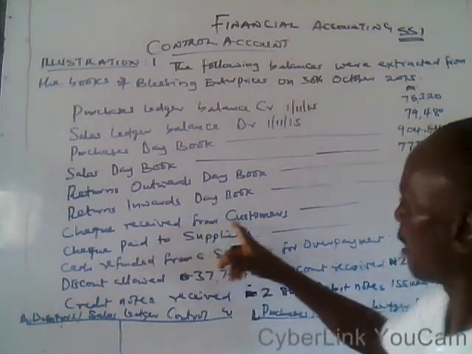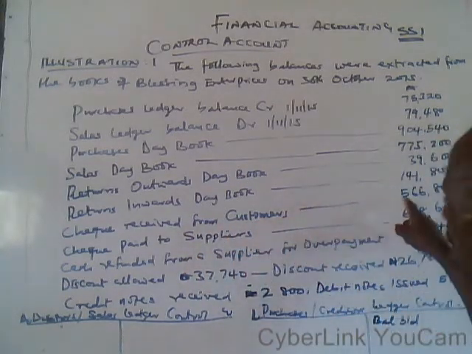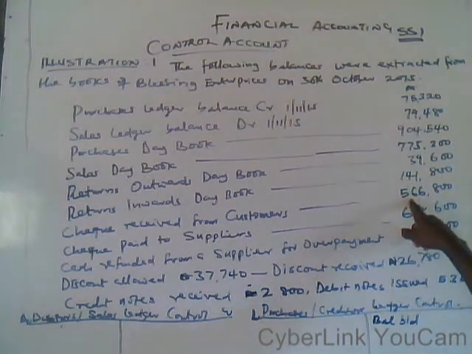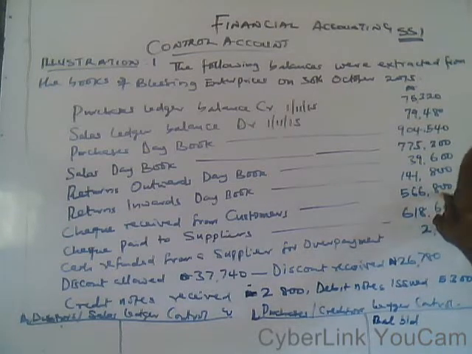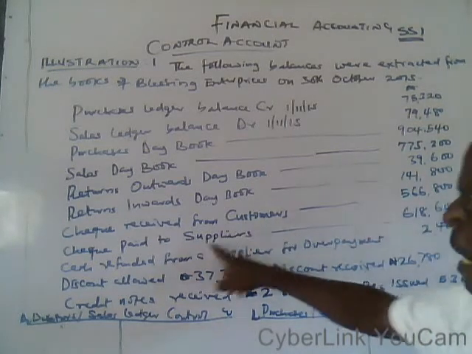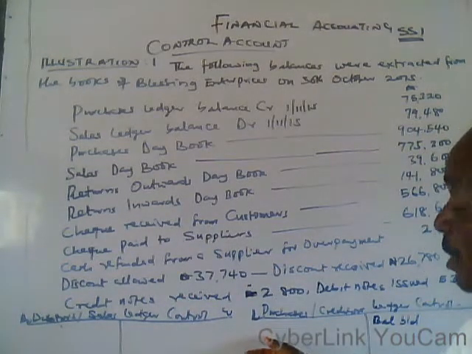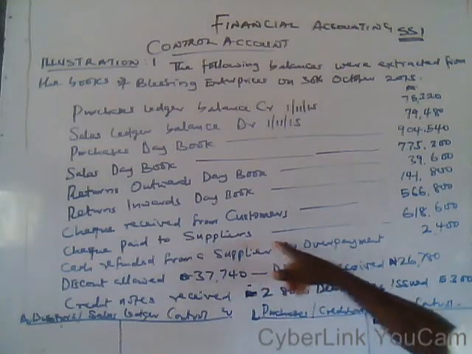Here you have a cheque received from customer for the sales ledger control account, 5,566,800 naira. And the cheque paid to supplier will be posted to the debit side of the purchase ledger control account,